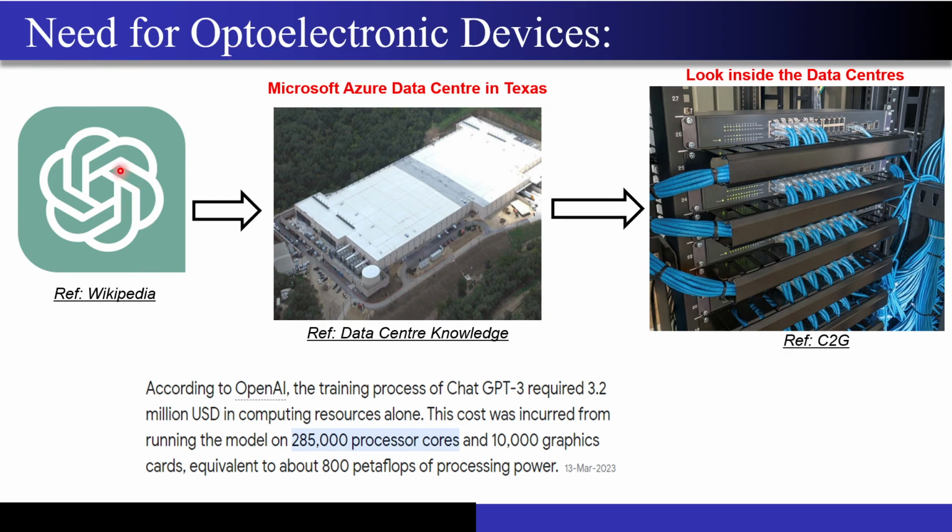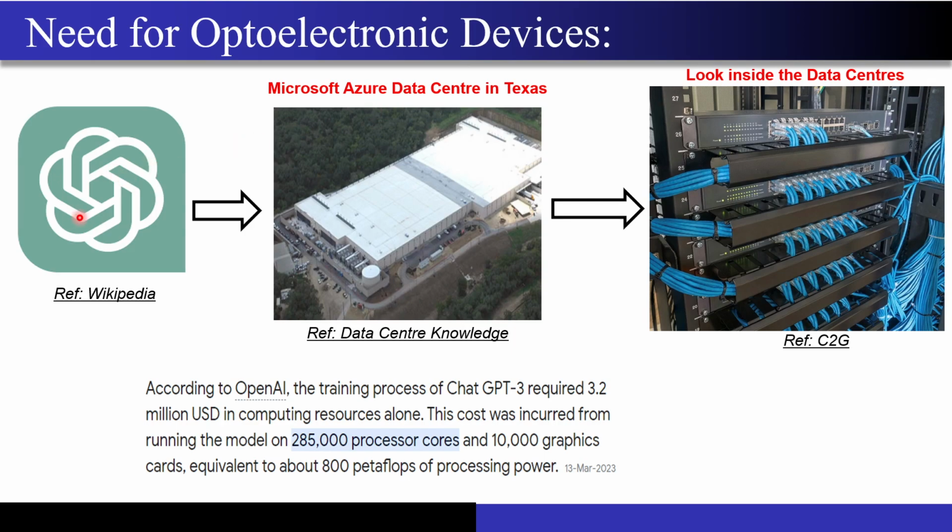Now this ChatGPT, during its training it consumed around 1.2 or 1.4 gigawatt hours of power. That is almost the power that an average United States household consumes for a year. If you multiply that number by 120, I mean 120 households consuming power for a year, that much power ChatGPT consumed alone while training its model, correct?